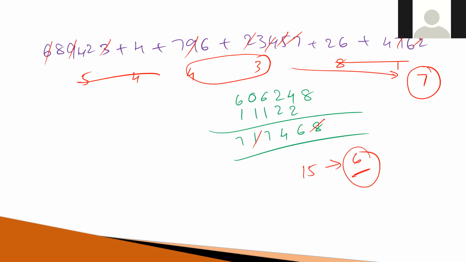Yes, sir. But I did a mistake. Where? Yes, no mistake. Okay. So in your addition, you did a mistake. That's it. Is it clear? Suppose in our examination also, if you want to cross-check whether your answer is correct or not, how to cross-check your answer? Just using the digit sum. That's enough. Okay. Is it clear?